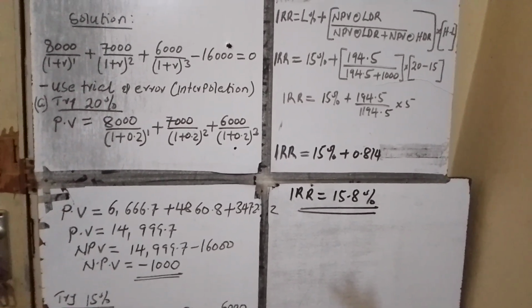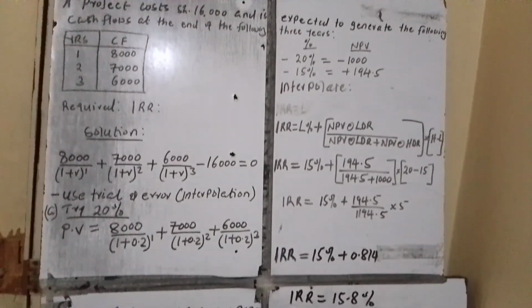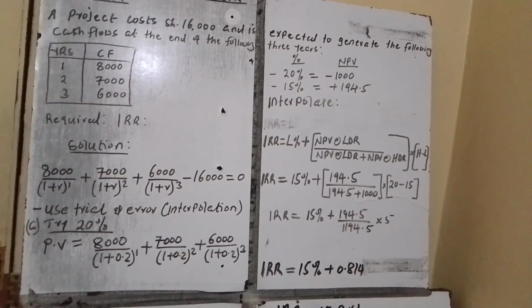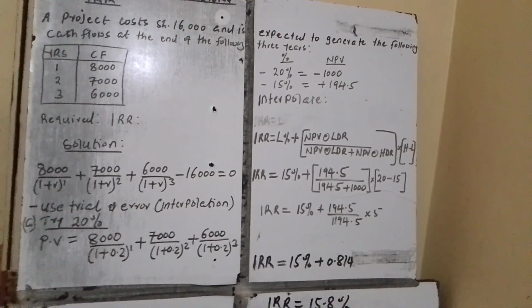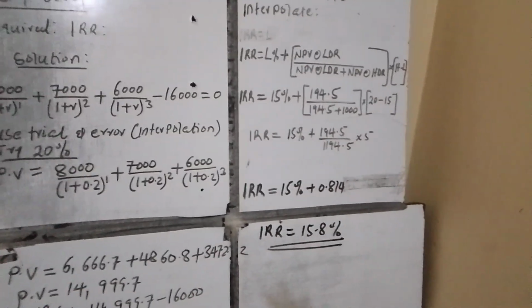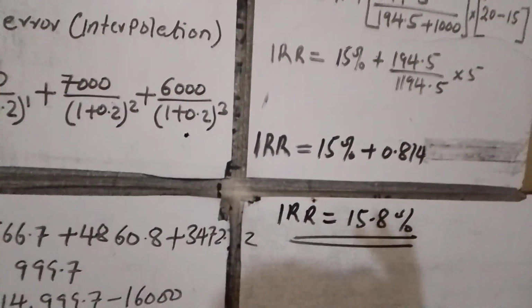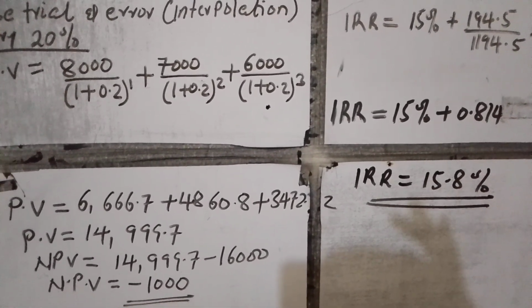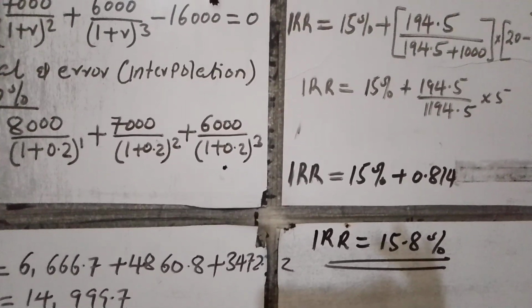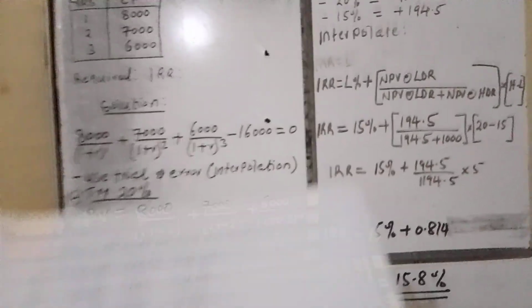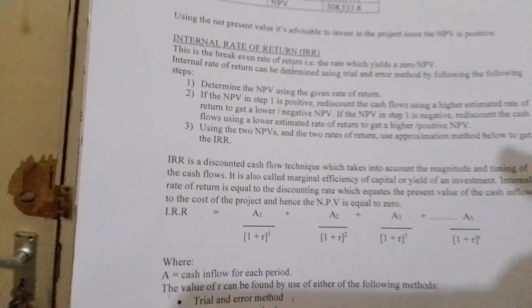Now I want to mention this present value of 14,000. You can see it is less than 16,000. Remember we said a project costs 16,000 shillings. Now you are comparing this present value with the 16,000. There is an important point that I mentioned when I was starting the discussion. Now here, if you remember what I said is that